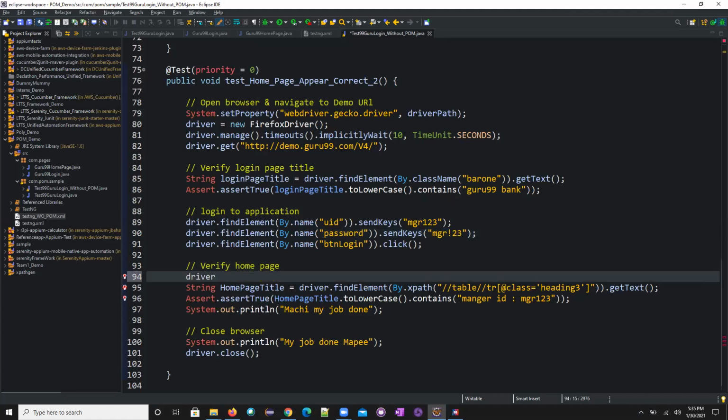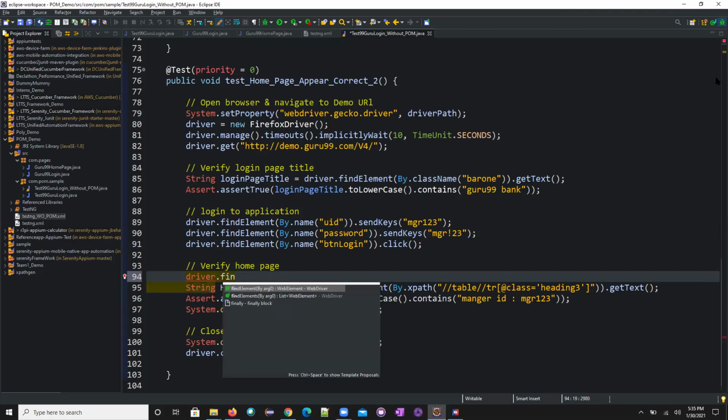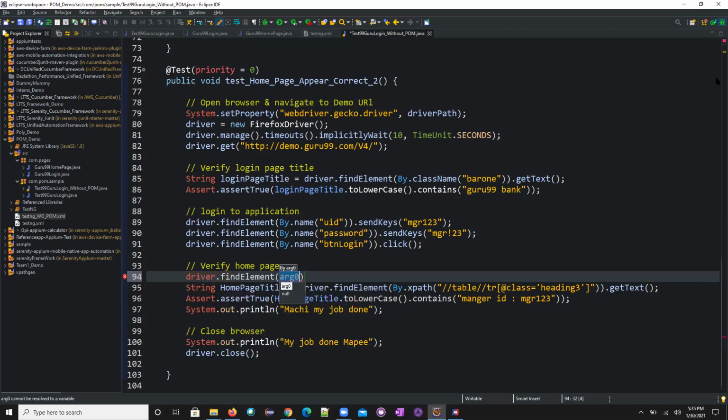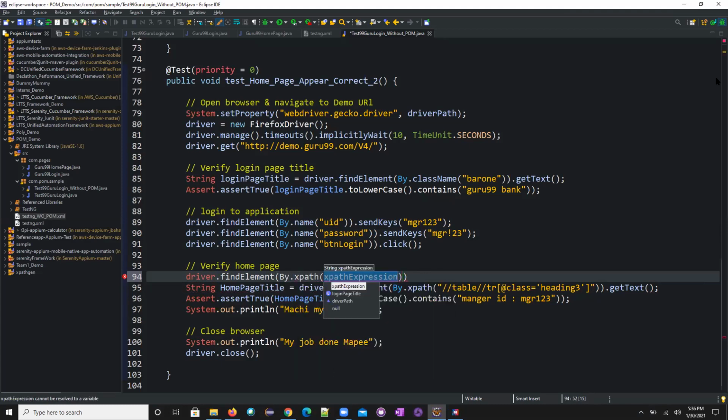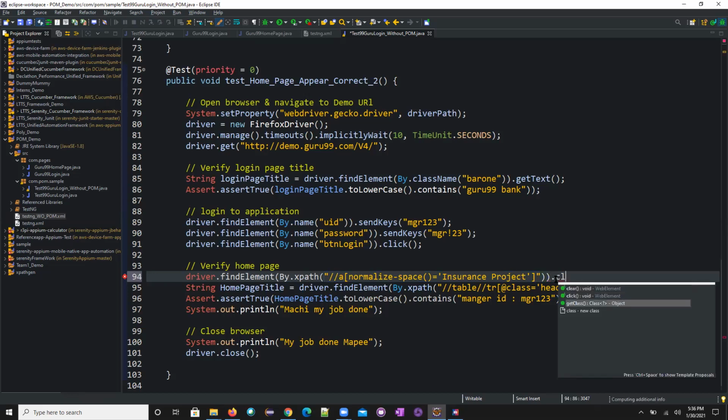Driver dot find element by dot XPath. In this XPath, I'm pasting this, dot click.